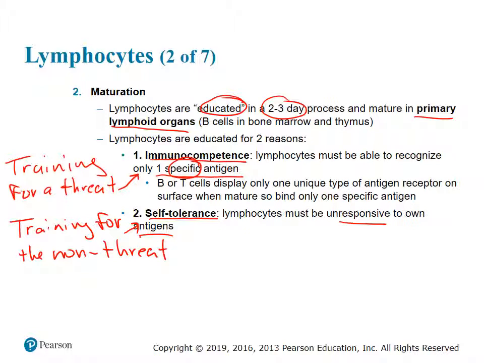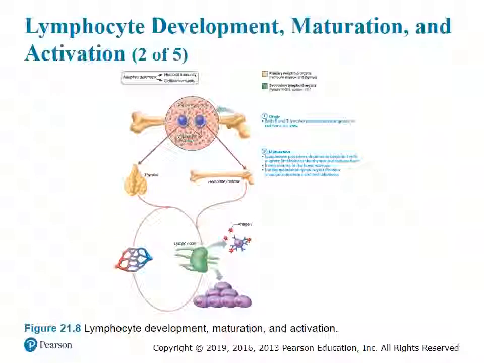This is, very generally speaking, what these lymphocytes do in maturation. They recognize the one specific threat, and they actually look at what is not a threat, right? So they spend the 2 to 3 days looking at this, and that's really what, as simple as it is, that's really what's going on. Okay,